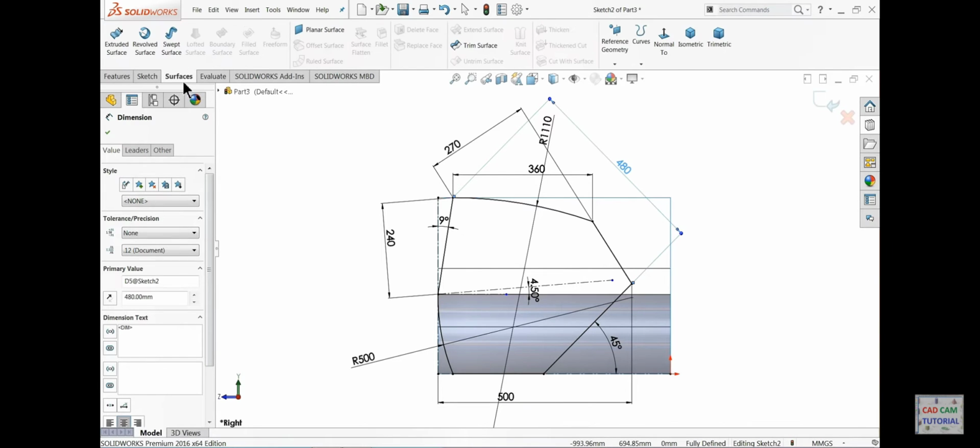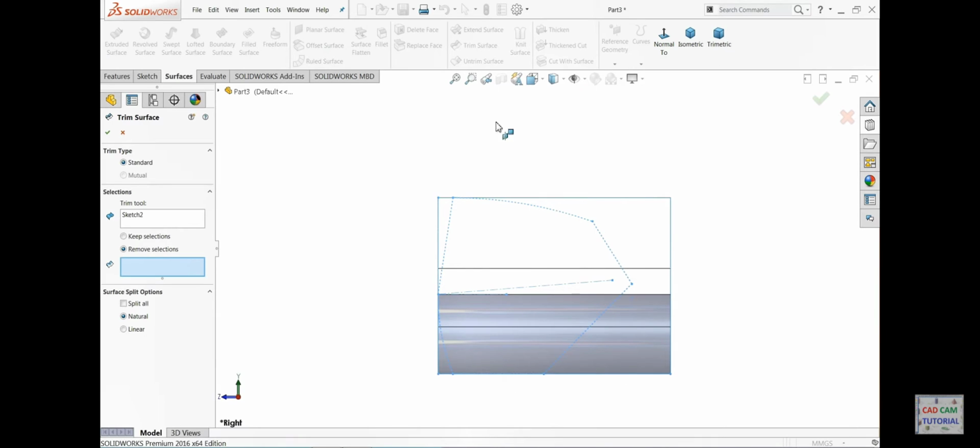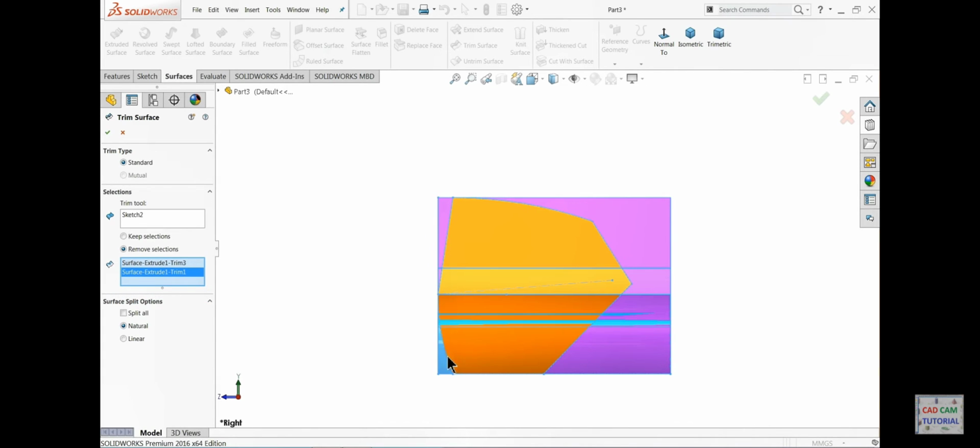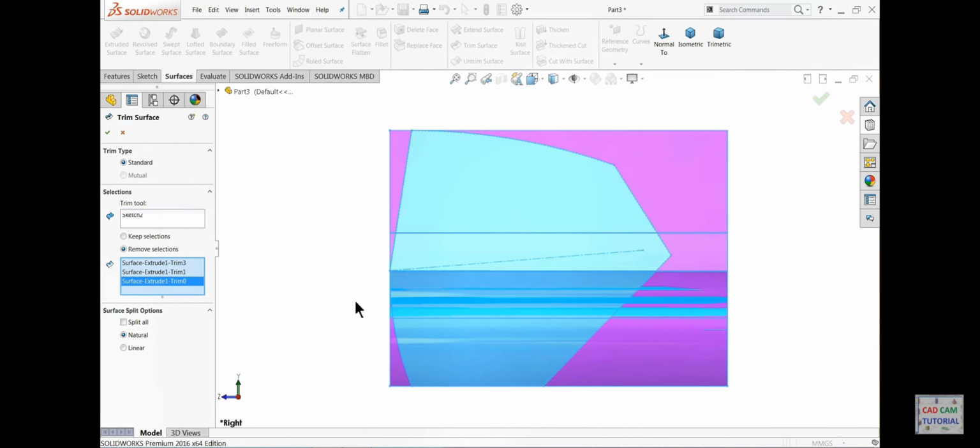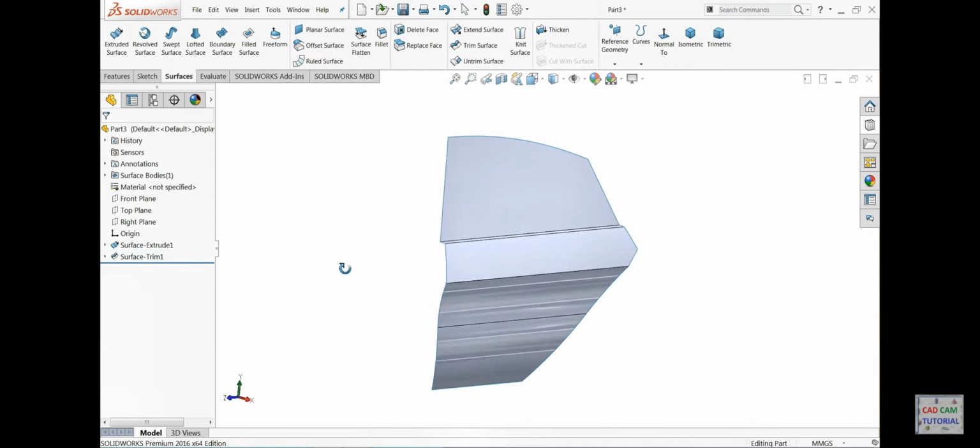Now just go to surface and select trim surface. Now we selected this sketch, 2 selected. Now remove selection. I'll select this face, and this face. Now see, this outer edge is going to be trimmed and the middle center one will remain. Keep standard and keep natural. Here also remove selection only. Okay, now see,